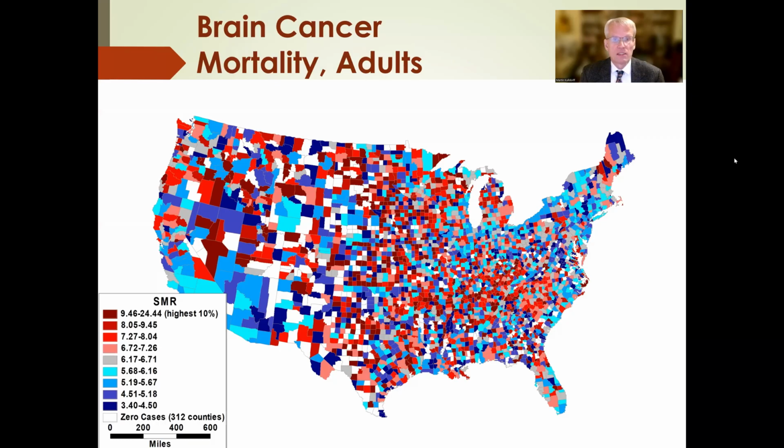So what about adults? Red is high rates, dark blue is low rates, and the gray and light blue are about average. So you can stop the video again if you want to. I can give you one hint, and that is that there is at least one statistically significant cluster on this map. So if you haven't stopped the video, or if you want to see what the answer is, this is what